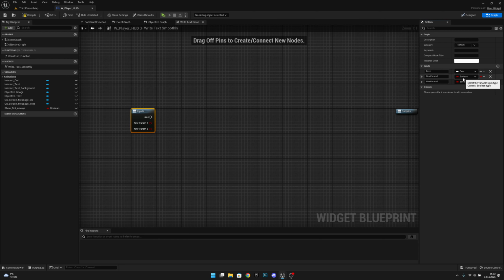And the second one will be type string, and it will be called full text. And the third one will be called text write speed. Okay, and the text write speed will be float, I think. Okay, now let's compile, save, and let's actually click on this text write speed and let's set the default value